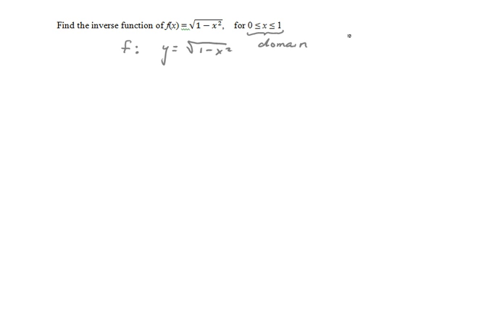Now notice that also when you restrict the domain from 0 to 1, you also restrict the range from 0 to 1. And the reason for that is because when x is 0, y is 1, and when x is 1, y is 0. And so now we're ready to